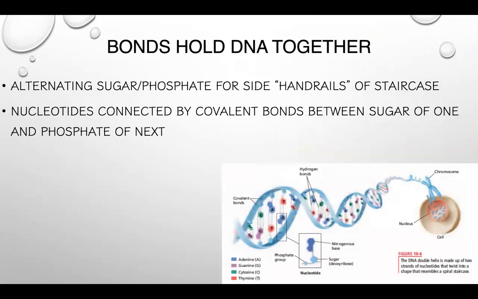So you can see from the diagram that the bonds holding the sides of the staircase together are covalent bonds, but the bonds holding the steps of the staircase are hydrogen bonds. This is really, really important. If you have your book, you should be highlighting that, because there is a very important reason that the sides of your ladder are, let's just call it basically unbreakable, unless you're talking about temperatures of around